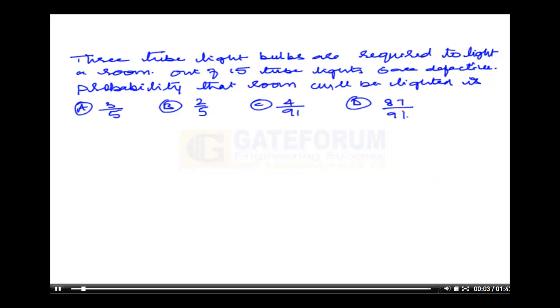We are given 15 tube lights and we need 3 tube lights to light a room. Therefore the sample space, that means taking 3 tubes out of 15, is 15C3. But out of 15 tubes, 6 are defective. If you take any 3 tube lights out of those 6, the room cannot be lighted. So therefore, I can find the probability